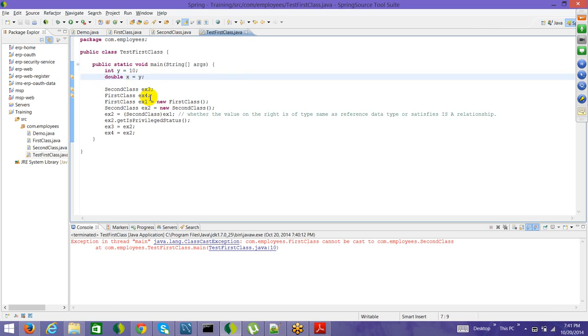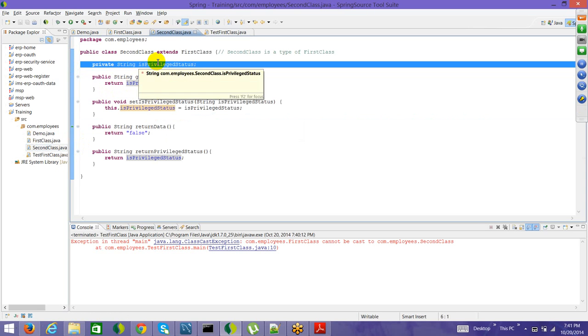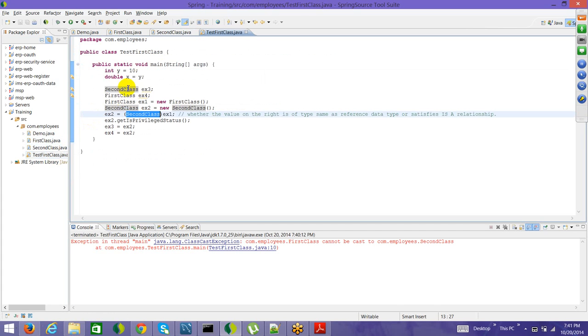But here, similarly, you see type broadening in the case of reference data types. So you had a first class object and you're trying to make it a second class. This is not possible. Why? Because there are some additional attributes which have to be defined, which are not defined in the first class object. Now say for double, if double internally would have some additional attributes as well, which while defining a